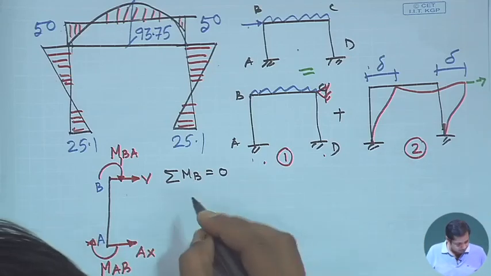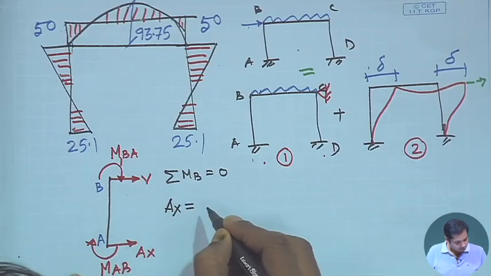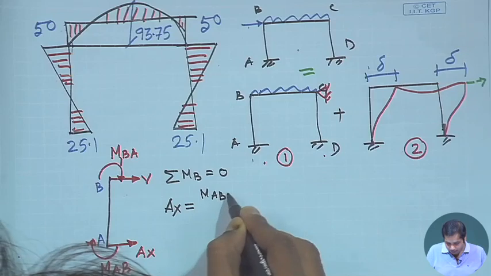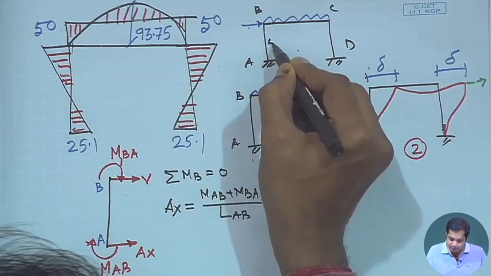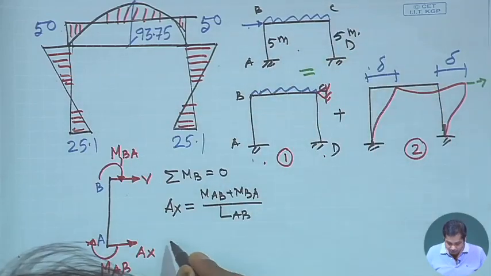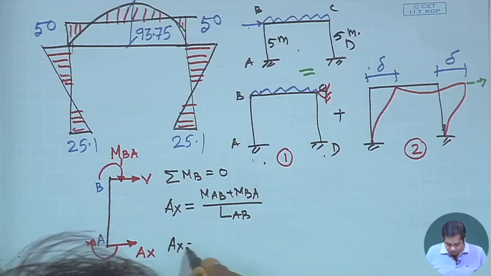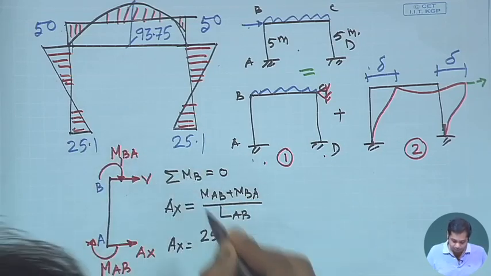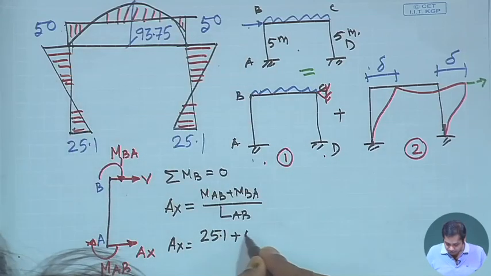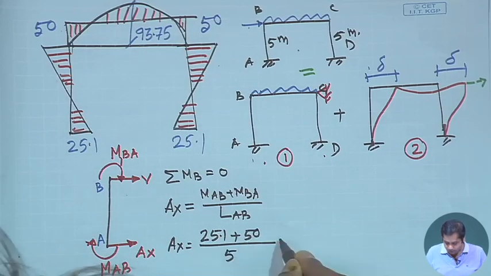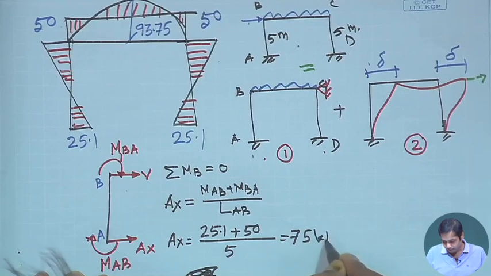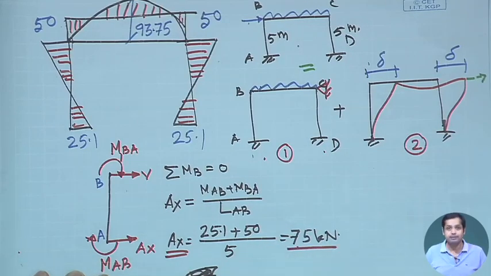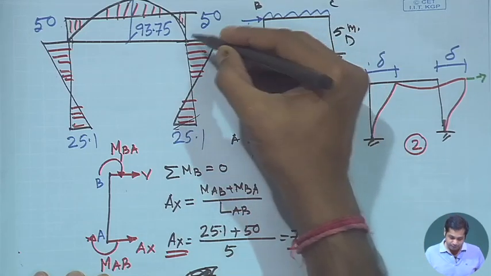Now, if you write the values, we get Ax is equal to (MAB plus MBA) divided by LAB. LAB was 5 meter. So, if you substitute, then Ax will be MAB is 25, plus MBA is 50, divided by LAB is 5, and we get 75 kilonewton. So, this is Ax. Okay. Similarly, if we take the free body diagram of this part, the free body diagram of CD,